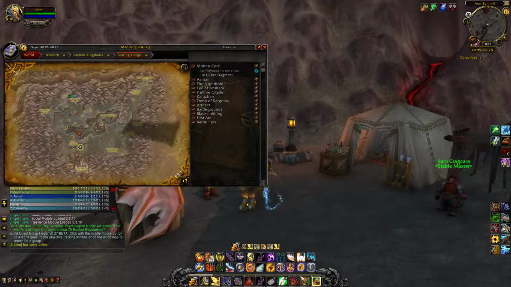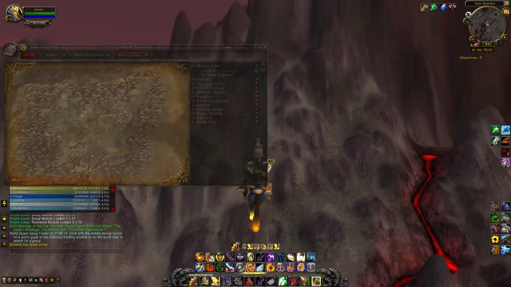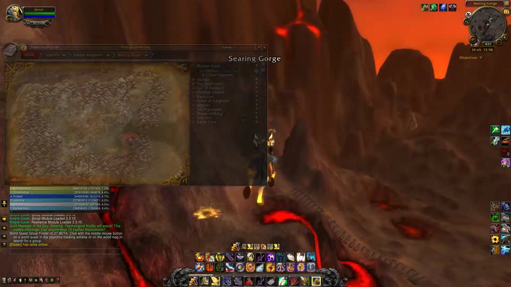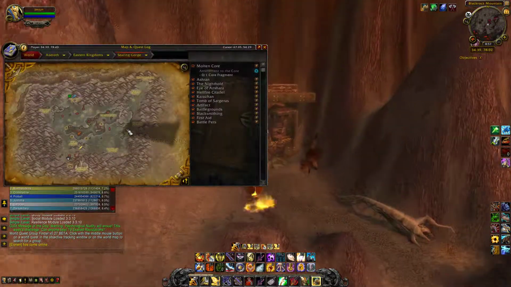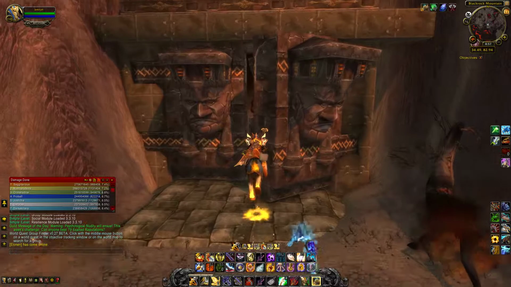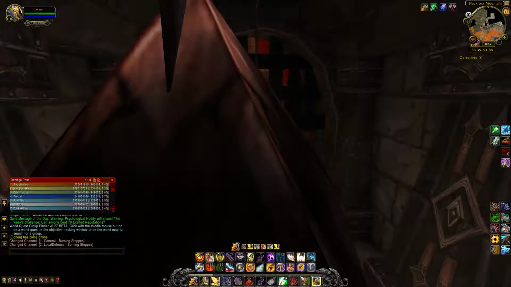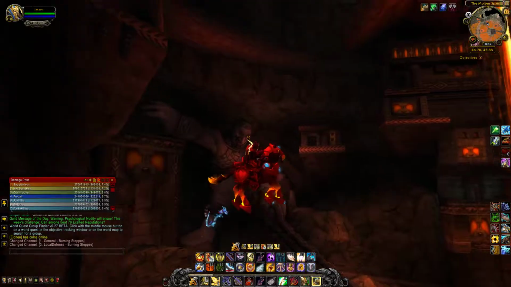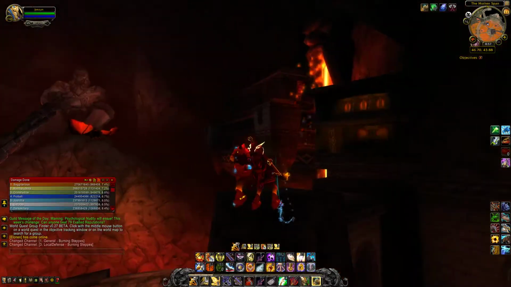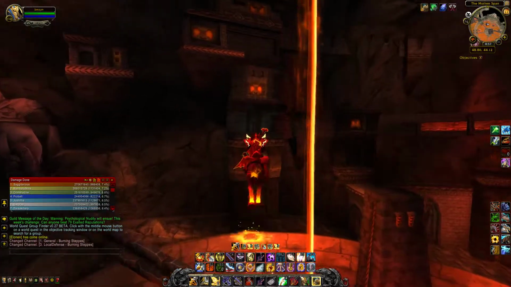I'm actually at the Searing Gorge right now, just north of Blackrock Mountain. That's where we've got to make our way. For anyone who's not aware, Blackrock Mountain has been essentially a pinnacle of the whole Warcraft storyline since the very beginning. So it's been incorporated several times, and we're actually just going to head south, go into one of two entrances. As you make your way out, you're in the Molten Span here. You can see some of the layout as it's been crafted by dark dwarves, and we are going to make our way up and over